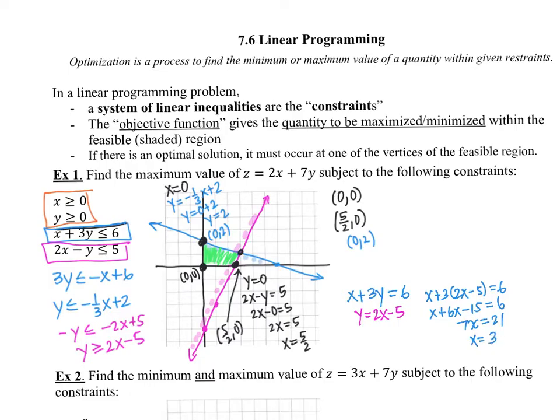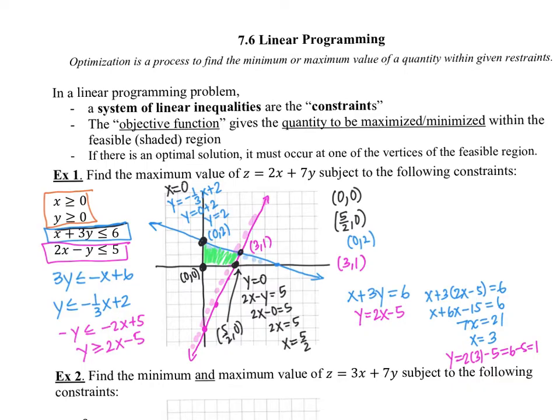Okay, so I got x equals 3, which looks correct with my graph, and then y equals 2 times x minus 5. 6 minus 5 is 1. So this last ordered pair looks like 3, 1. Okay, I have all 4 vertices listed, and I'm going to list them even though I'm very confident that the